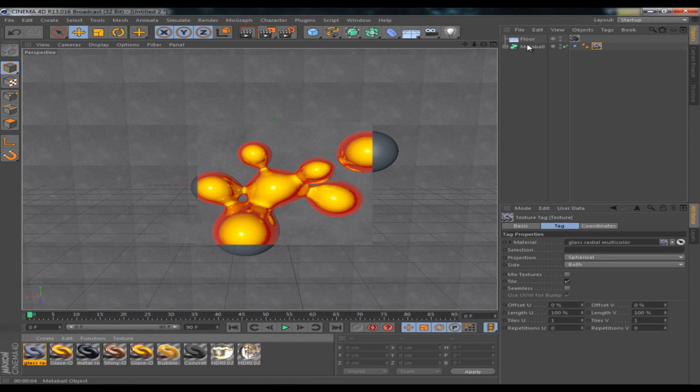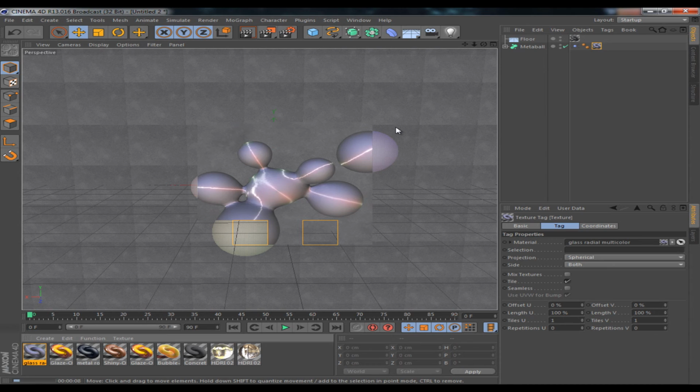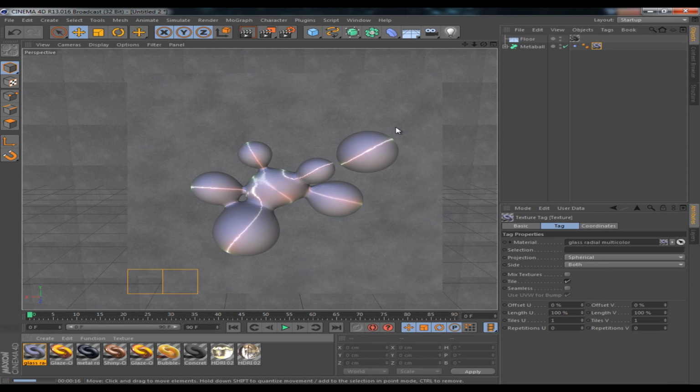Let's have a bash at this one. There we go, that looks quite funky for a meetable. So I'm just going to let this render out so you can see what it actually looks like. On a concrete floor, and this is my meetable. This is just, like I say, a basic tutorial on how to